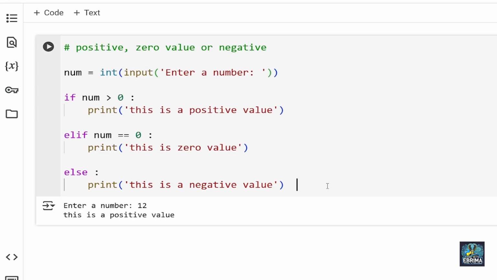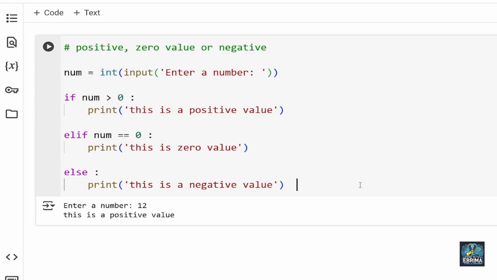All right, so now we are going to write a program that checks the scores of students, that is their grade. This program checks different conditions to assign a grade based on a student's score. If the score is 90 or above, we give the student A grade. If the score is 85 or above but less than 90, B grade.